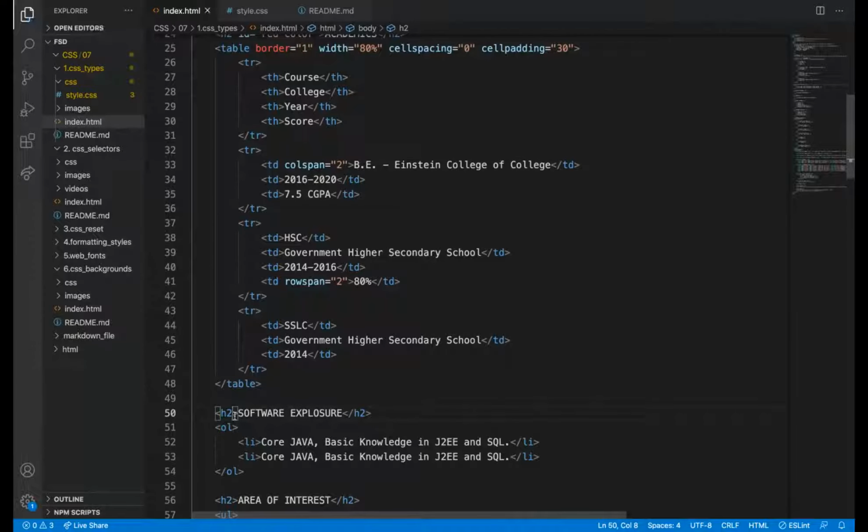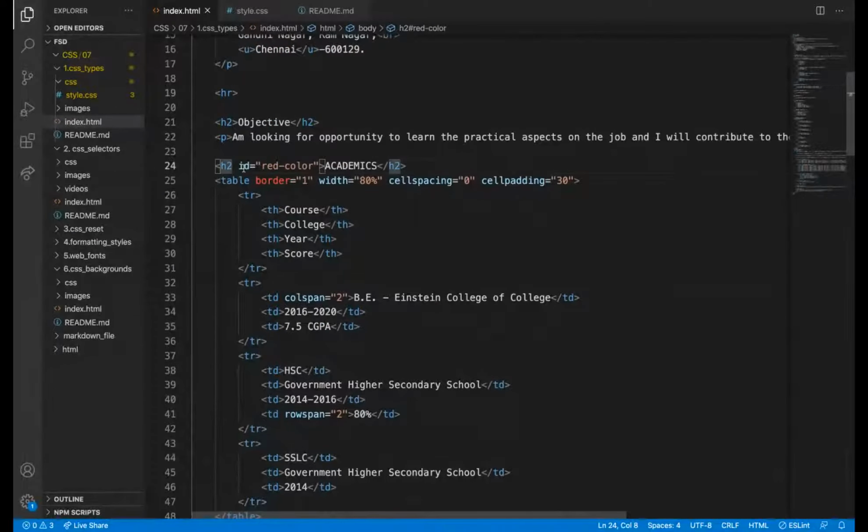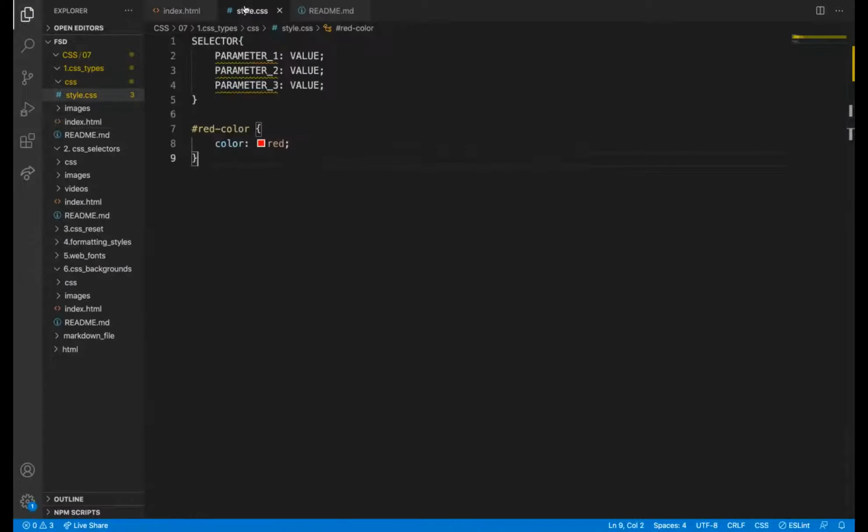So in some cases, in forms and all, only ID will be there. There won't be any classes. Only that time we will use this ID. So majorly we will use class only. ID only when the need comes. So you can just know the syntax, but we will use classes only.